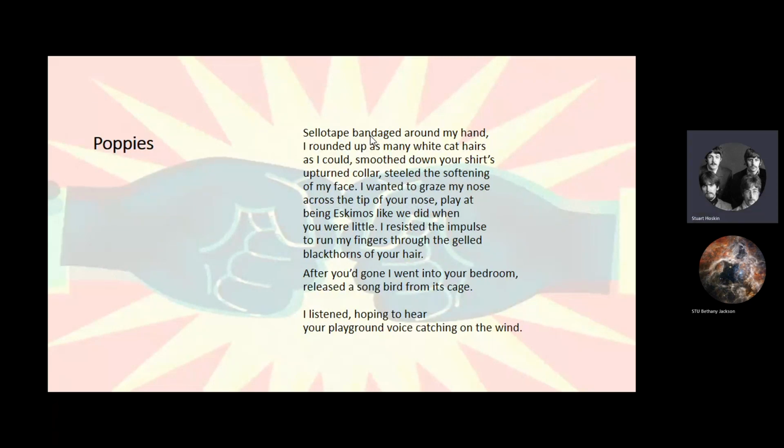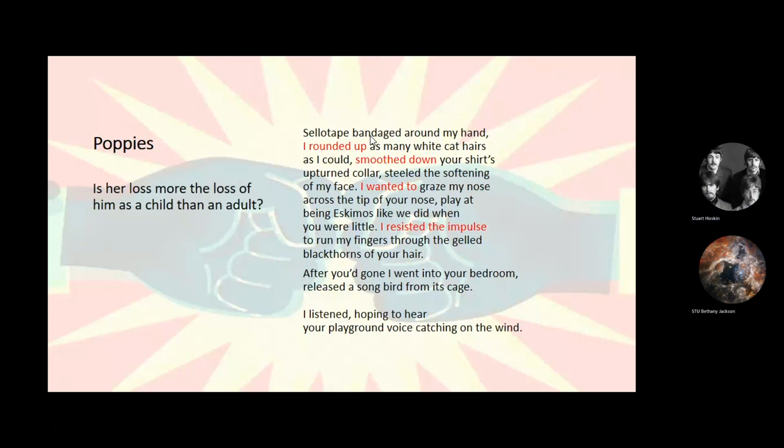Now, Poppies, I said to you at the beginning, is a very strong possibility for one you might have to write about as the primary poem. I don't think Poppies is a very good poem myself. I think it's a bit all over the place. It's not one of my favourites, but it's there and it may come up and we have to write about it. And so what can we write about to make it more interesting? Okay, certainly not Jesus. Any of you who've been given that? Right. First of all,